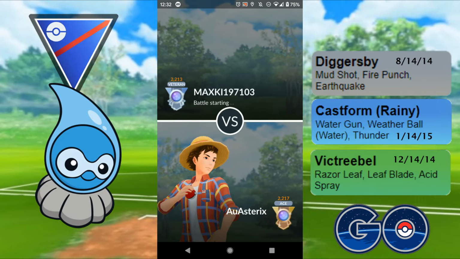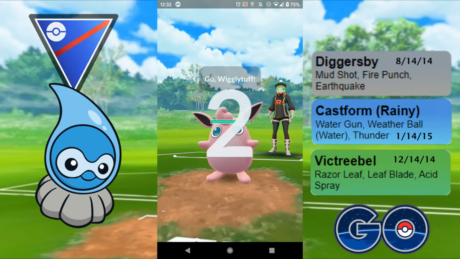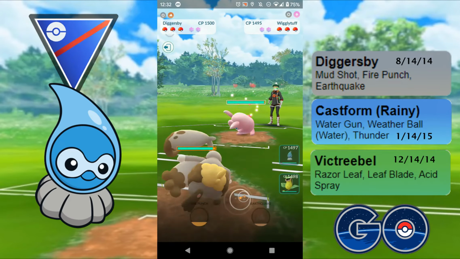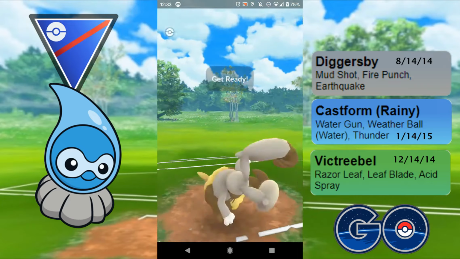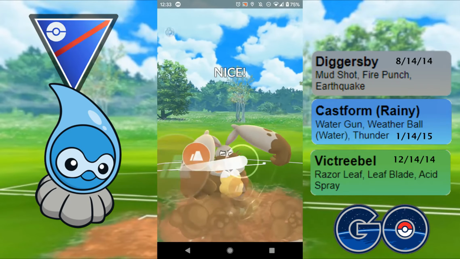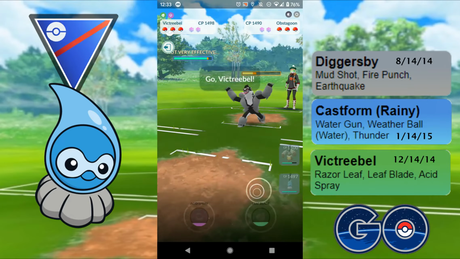Getting the Castform matched up against a Raichu in the back is just brutal. So a bit of a misplay there by me, misreading what their team was. Yeah, so unfortunately, not able to take it. So they swap out from Wigglytuff into the Obstagoon, and I get the